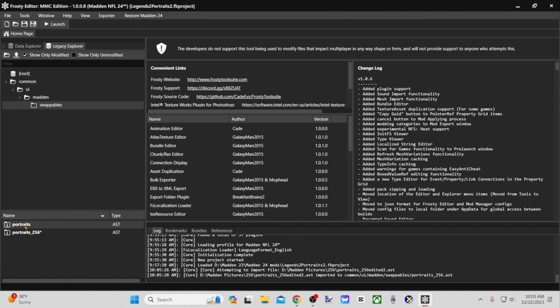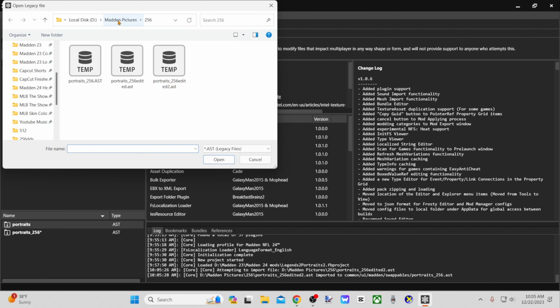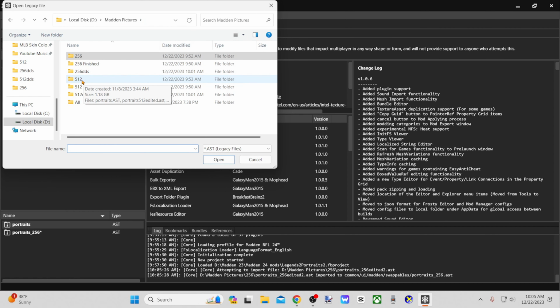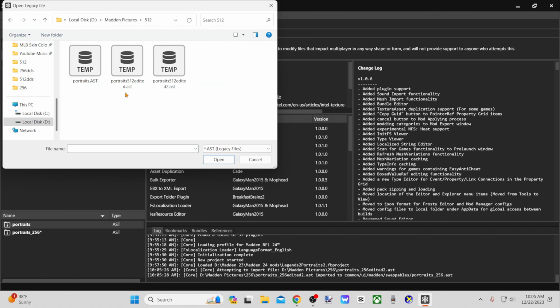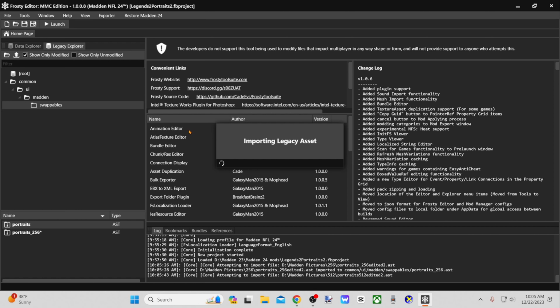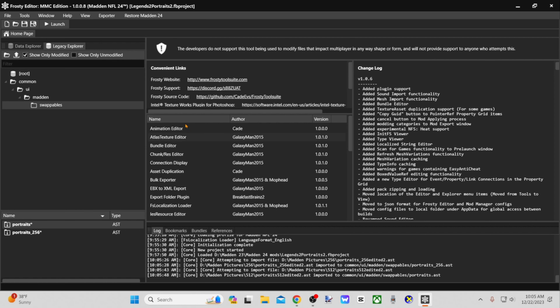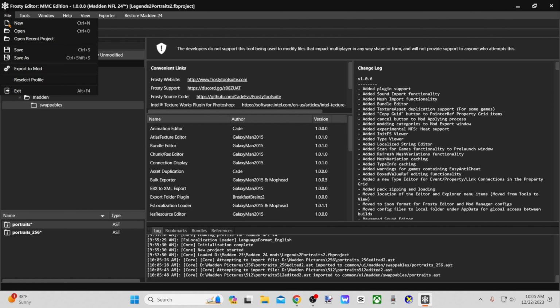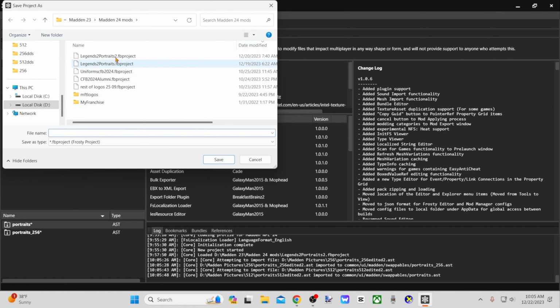Same way with this one. You do it, it's the 512. Import. Go over to the 512. Look for the latest version, date. And it's this one. Open. Then click File, Save As, and in my mods here,